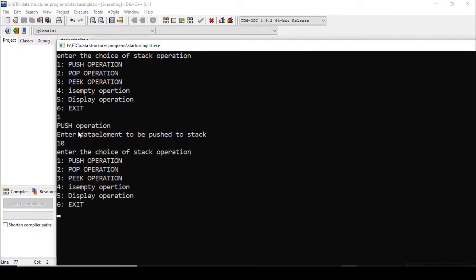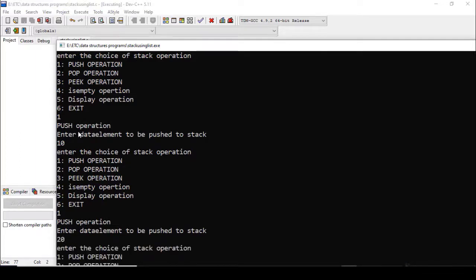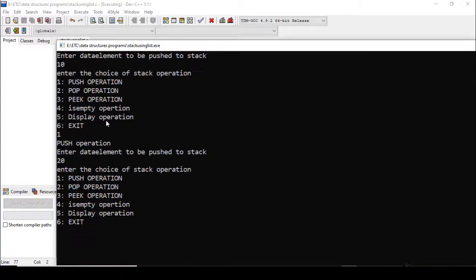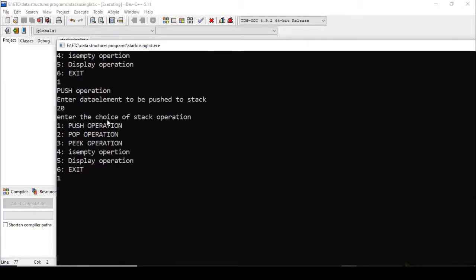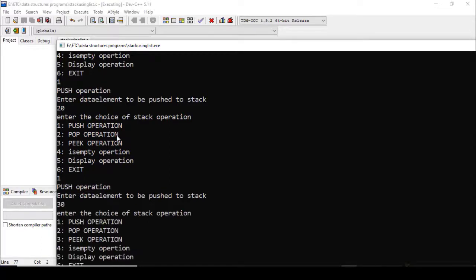Since I am not printing the data, you can consider internally the memory stack has been built and the first data has been pushed onto the stack. Then again I am pushing, that's the reason I have taken the first case, and I enter 20, and again a third push operation, which will be 30.